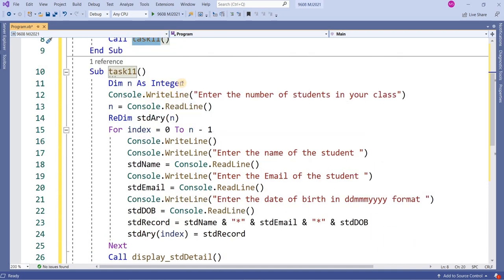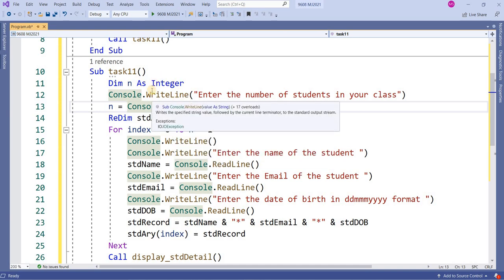Dim n as integer. This variable n will keep the value that you will enter for the number of records that you want to store in an array. It means it will show how many students are in a class. First of all, I will ask you to enter the number of students in your class, and you will use the console.readLine function that will get input from the user at the time when the program is running, and that will be stored into variable n.